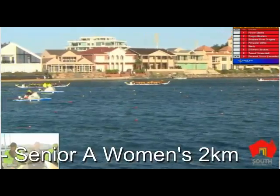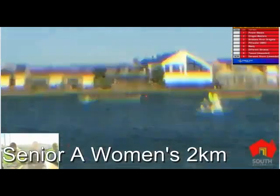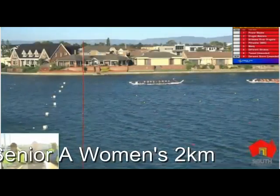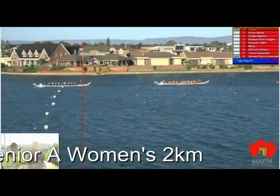Let me just see. We've got a pack of three coming into the corner now, and that's Brisbane River Dragons leading it. So I'd definitely put some money on Brisbane River Dragons having a shout at it. But there's another group of three boats coming down halfway down the course now on the far side,